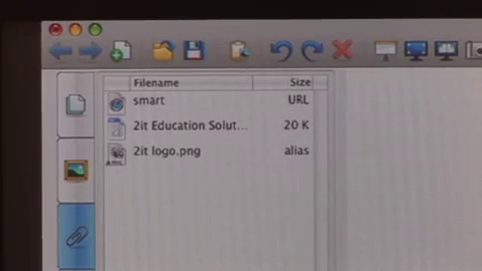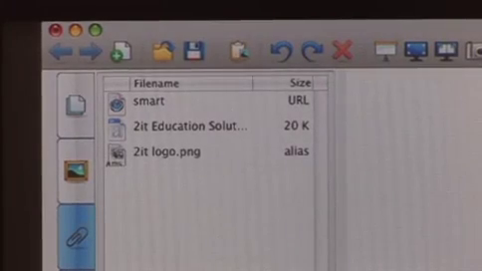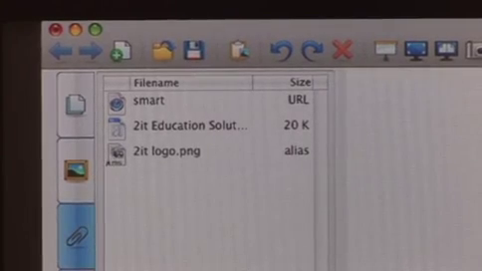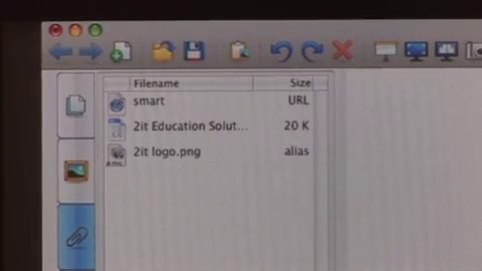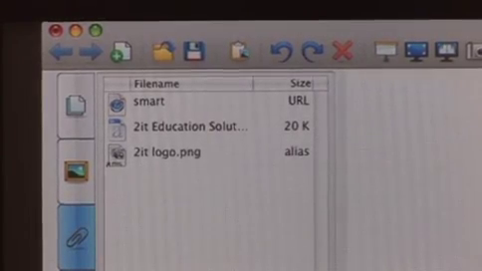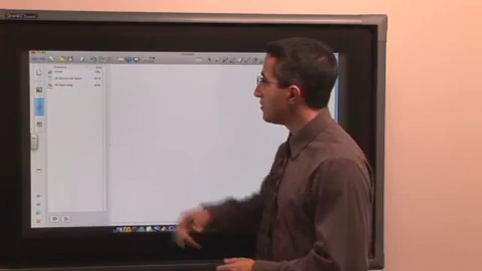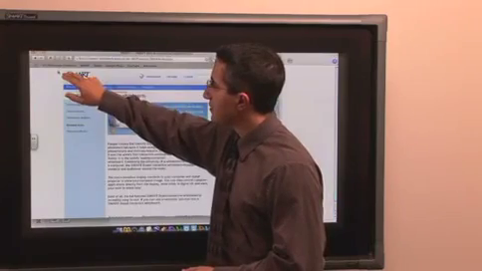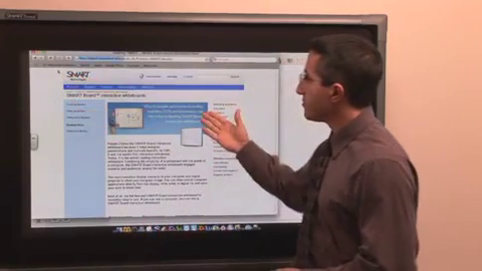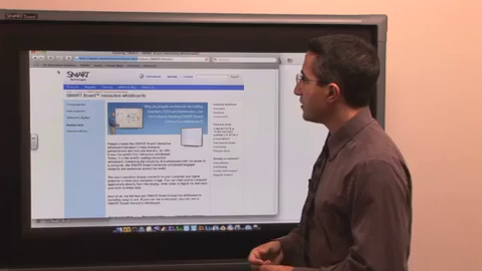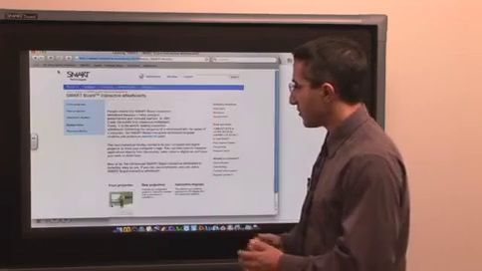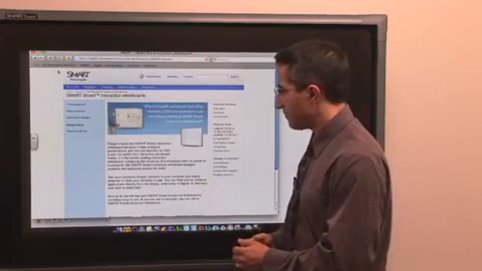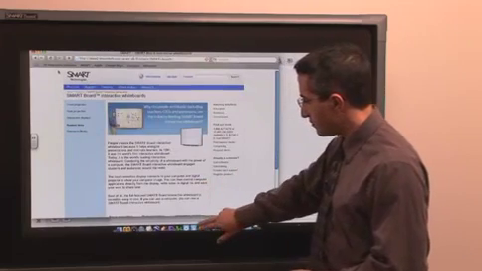So I have 3 different kinds here. I have the size, which is a URL, a link. I have an attached file, and I also have a link to a file. So I'll show you how these work also. If I were to go into SMART and I double click it, it brings me to that website. It'll load up that page, and I'll be directly in there. So it'll load that program. I'll go back into Notebook,